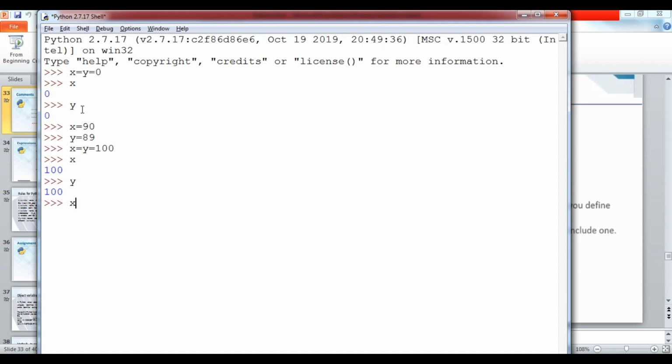Suppose I store x equals 90, let's see, x will be 90, because 100 was the older value, now x has the current value. Same way if I print y it will be 100, because y contains 100 only. I have not done any updation in the y variable.